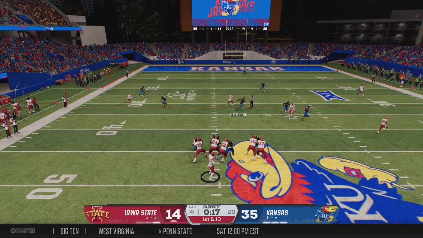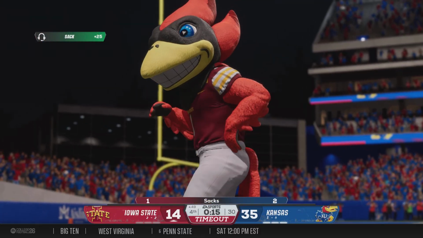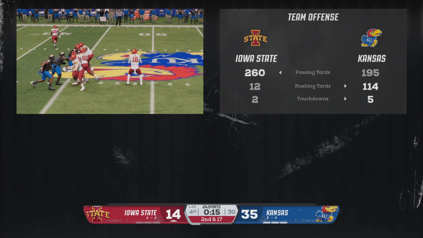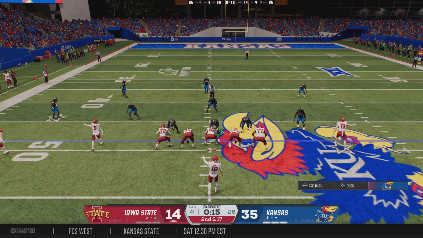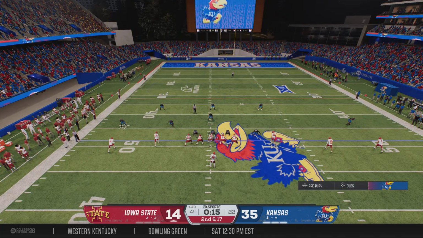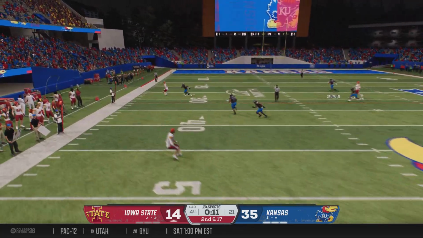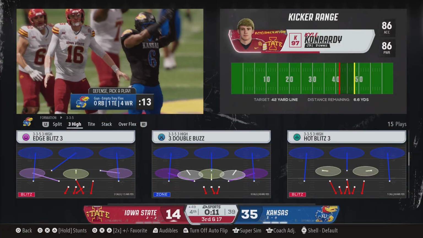Wants to go up top on 1st down. Here's the heat. Just too much of a rush, and down goes the quarterback just behind the midfield stripe at the 49. The offense uses a timeout. 15 seconds left to play. Back to pass on 2nd down. Just had to get rid of that one. Good job to find another play.